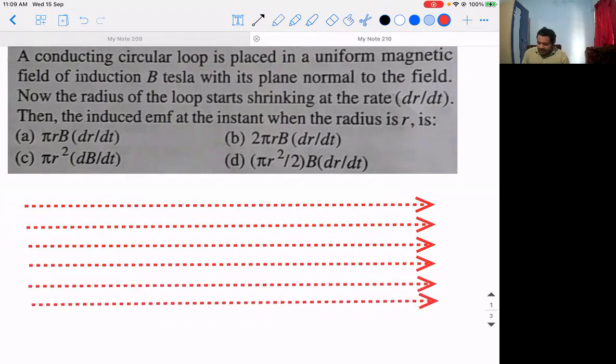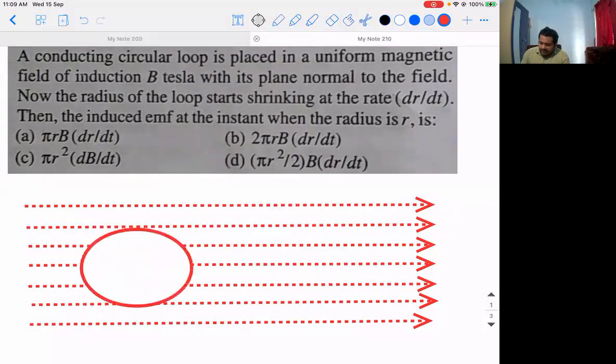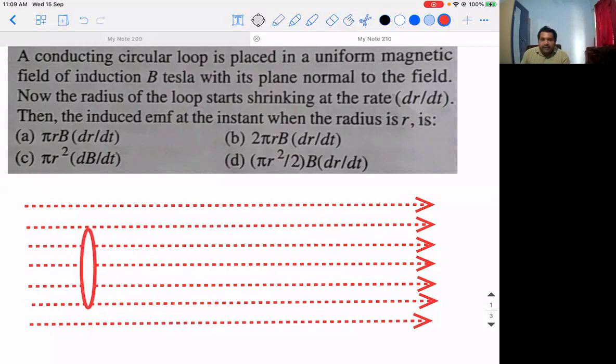Now, there is a clue given in our question that the plane of this conductor is normal to the field. So what is this plane? Let's see the plane. This is our plane. Okay, so this is our circular loop